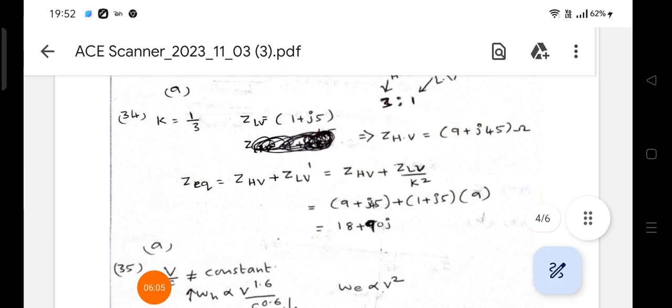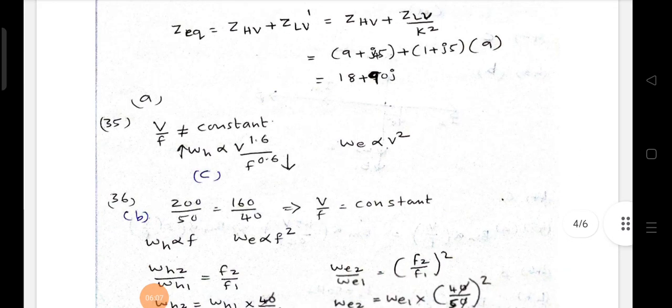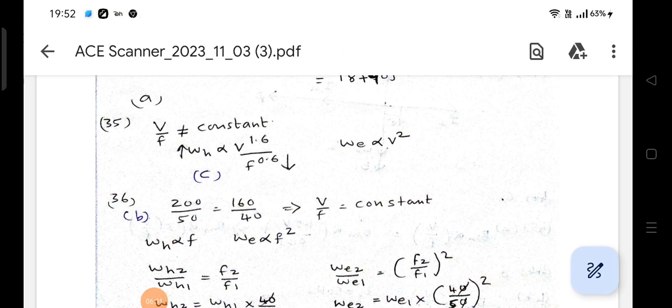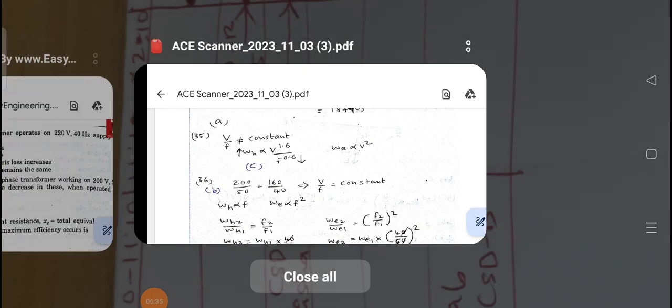Now see here, in case of transformer, when V by F ratio is constant, hysteresis losses are directly proportional to frequency, and eddy current losses are directly proportional to frequency square. When V by F ratio is not constant, as from the given data here, hysteresis losses are directly proportional to V to the power 1.6 divided by F to the power 0.6, and eddy current losses are directly proportional to voltage square. Now see here from the given options,